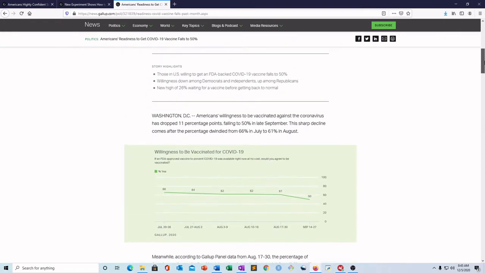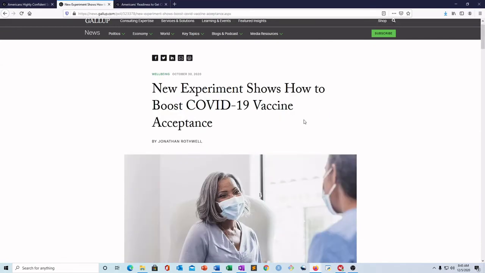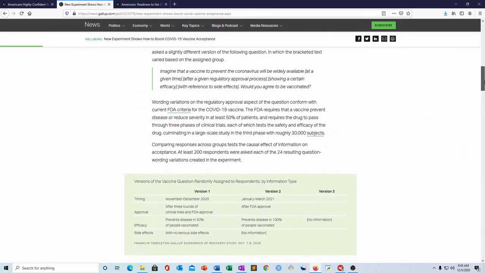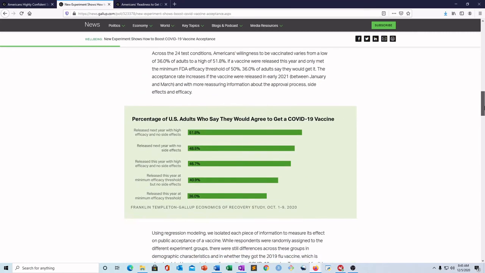Another one I found, which was just from the front page of the Gallup website, was after this, it seemed like they took this information and said, okay, the willingness to get the vaccines dropping, what can we do? And so they ran an experiment to try to understand, and you don't have to go through this and understand exactly what's happening necessarily, but you could just look at the findings. So they went and did an experiment, and basically what they did was they got a bunch of people in their sample and they broke them up into groups and asked them,